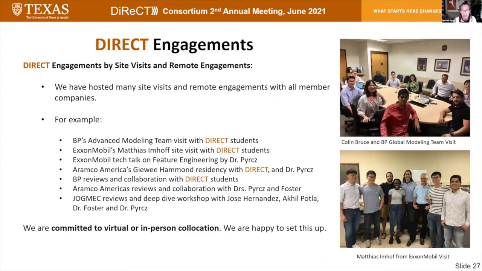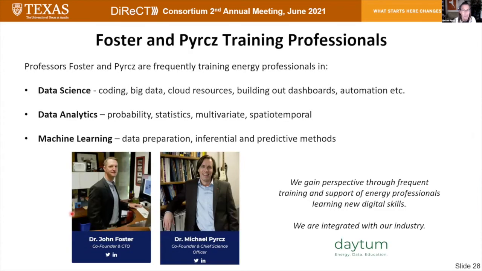Direct engagements. These are pictures from a happier time before we had the lockdown, but we do meet in person. We do work with people directly. We welcome people to visit us at the 40 Acres. If you have a chance to come to Austin, please come spend some time with us and the students. We welcome that. And we love to visit companies, and we do that regularly. We do a lot of engagements with companies. Dr. Foster and I also train working professionals a lot, and we'll just throw this in here. We taught, what, John, 1,700 working professionals last year alone in 44 engagements.